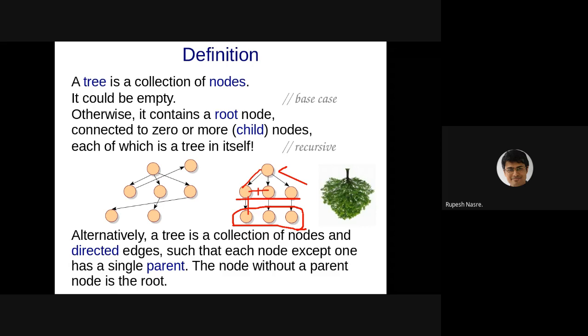So each tree is a graph, each linked list is a graph. But graphs will have something more, so this particular constraint that the node should have a single parent, this will go away. Similarly, because of that there can't be any cycles in this tree, right? Whereas in the graph those will also be allowed. So these collection of trees are called as essentially forests, as rightly named. Okay,